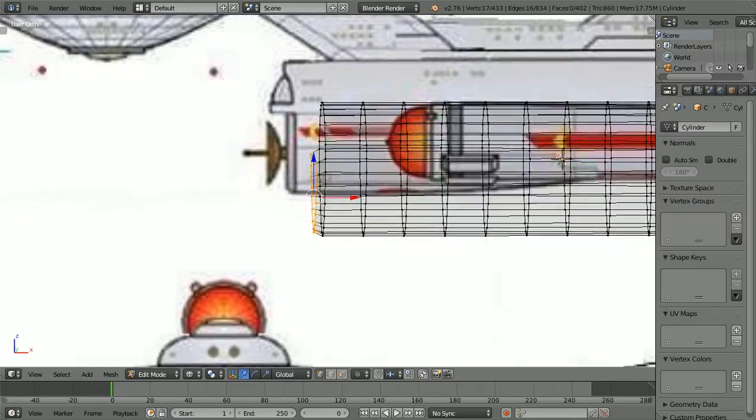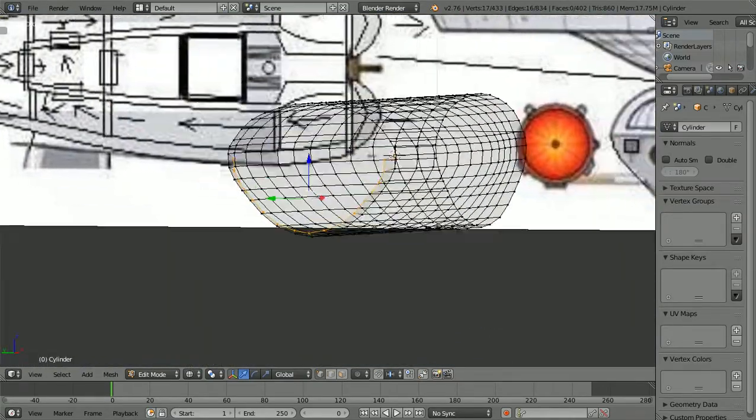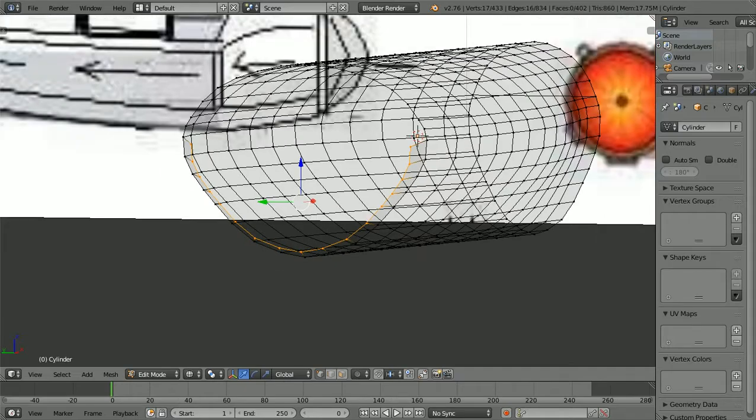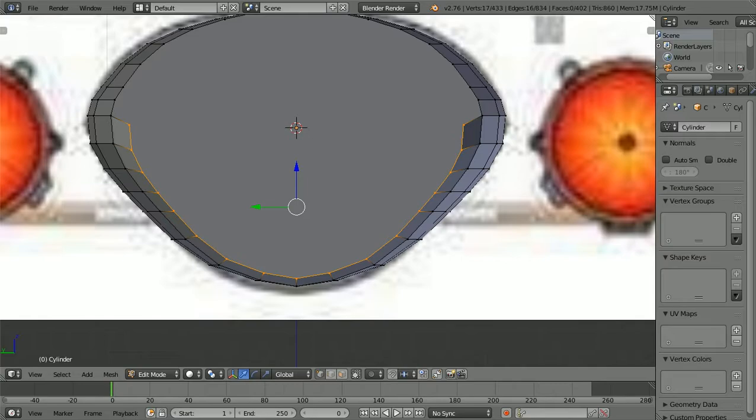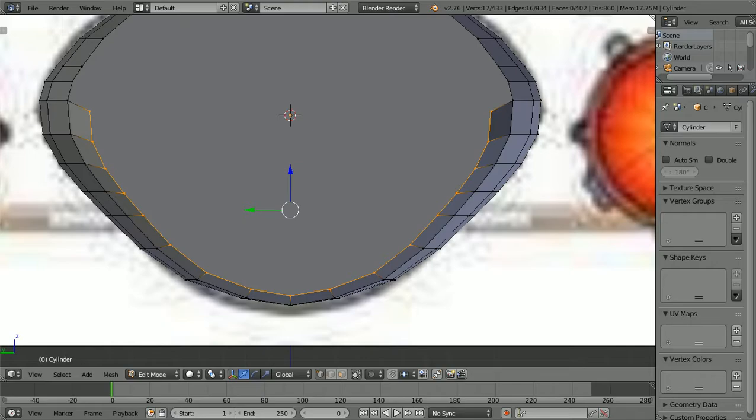Okay, now by scaling it this way, what I just did is, if you look, it's easy. I just brought the shape basically out. But what it also did was kind of distort it, because it scaled it from the center both directions, but we don't want to do that. So we hit A to deselect it, and then we can